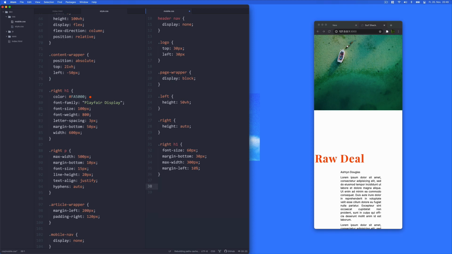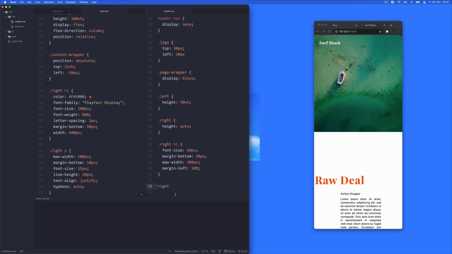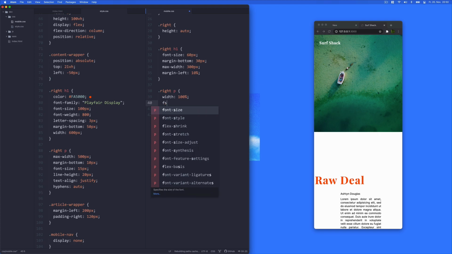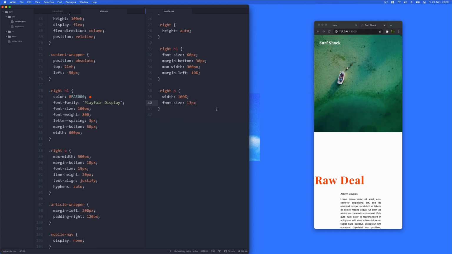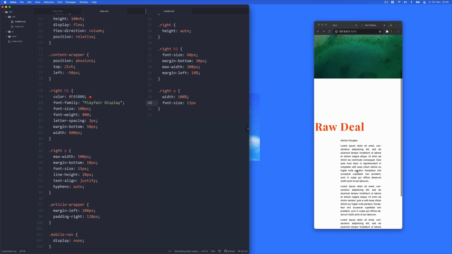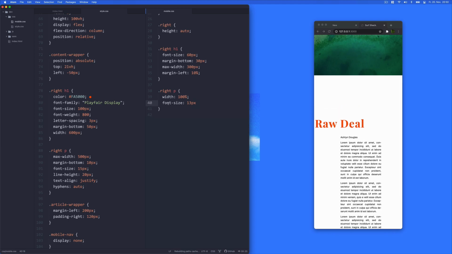Let's continue with the paragraphs then. Dot right paragraphs. We need to change the width of those to 100%, so they take up the full width of the screen, and change the font size to 13 pixels, I guess. All right, this is not looking the way I want it just yet, but